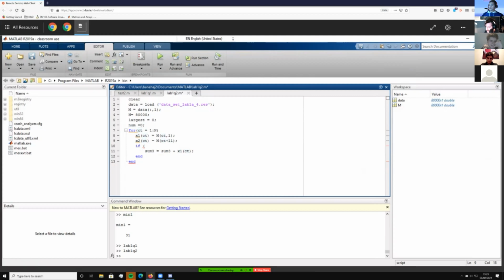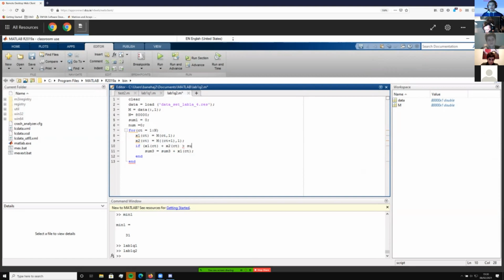So I don't know if Matlab will let me do this, but we can try. So I have x1 is equal to that element of m, and then x2 is equal to the next element of m. If x1 plus x2 is greater than, I'm just going to call this sum1, because typing the word largest every time is going to kill me.